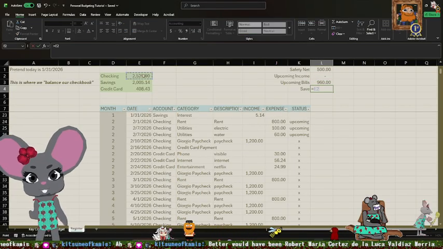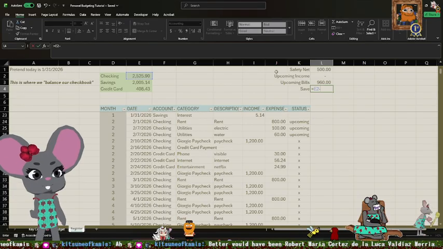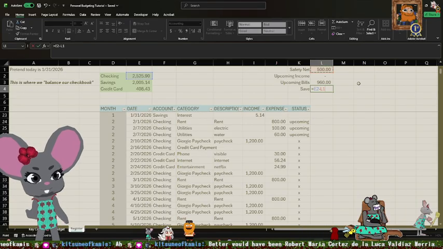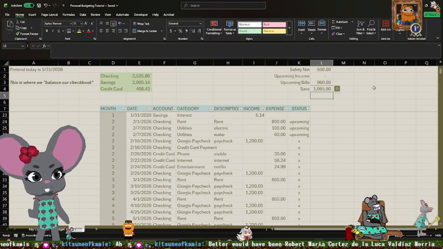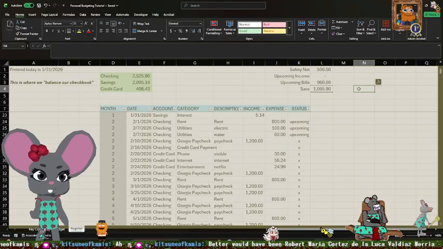Our checking account minus 500 minus bills plus upcoming income. Right?